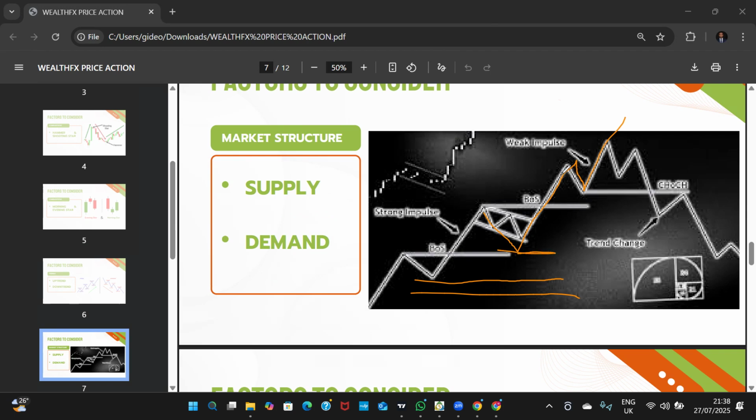Now, the moment price for any reason decides to break a structure, retest, and then break to a new lower low, this is no longer an uptrend. Instead, price has shifted from an uptrend into a downtrend. So understanding these areas where there could be possible reaction or possible resistance gives you higher precision for your trades. So yes, the kind of market structures I do pay attention to or focus on most times is my